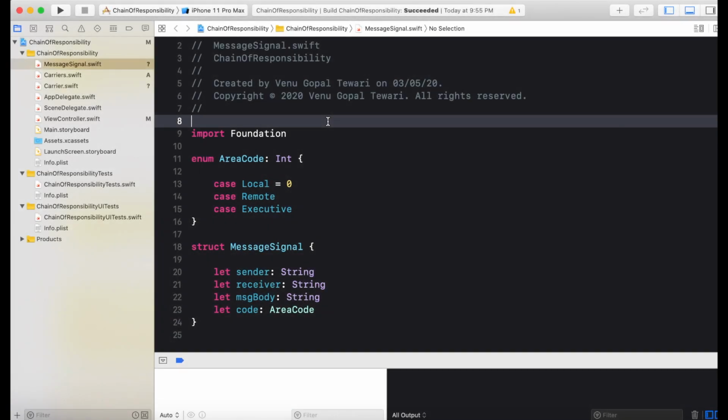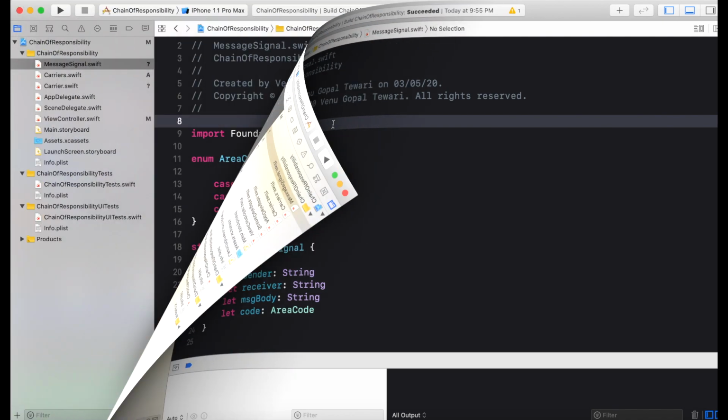So we are imitating here a software for delivering messages. We have multiple software components in the form of carriers, where each carrier is dedicated to delivering a particular type of message. For the sake of simplicity and understanding, we are not implementing the underlying complex details of the logic that is required for delivering those messages. We are just implementing simple details that are required to understand the implementation of the chain of responsibility design pattern.